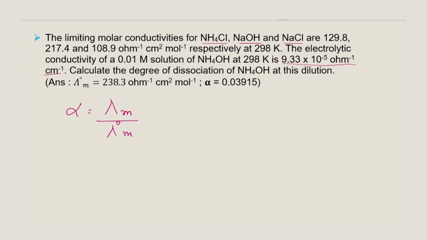Now, lambda 0 m, as you all know, you will be determining using Kohlrausch's law, and lambda 0 m has to be determined for ammonium hydroxide. So, that will be lambda 0 m of ammonium hydroxide, which is equal to lambda 0 of ammonium chloride, because that is the one which is given, plus lambda 0 of NaOH, that is another electrolyte. So, we have ammonium and hydroxide, minus lambda 0 of NaCl,